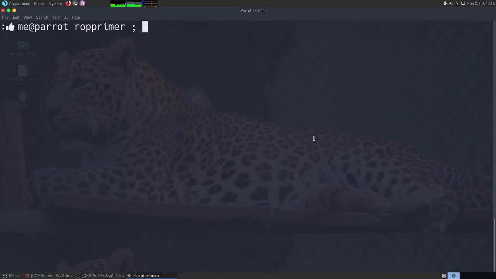Now today we are going to take one step further on the binary exploitation that we did last time. Last time we did it with all the protections disabled. This time we will just enable one of the protections and see how we can bypass that protection.